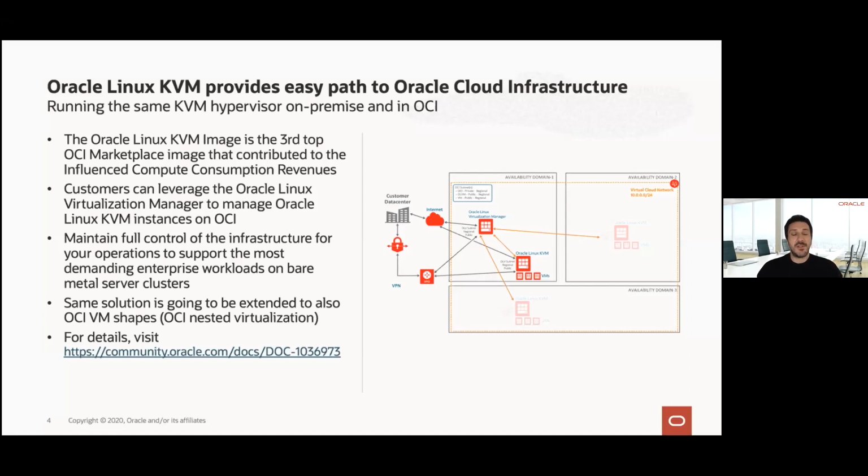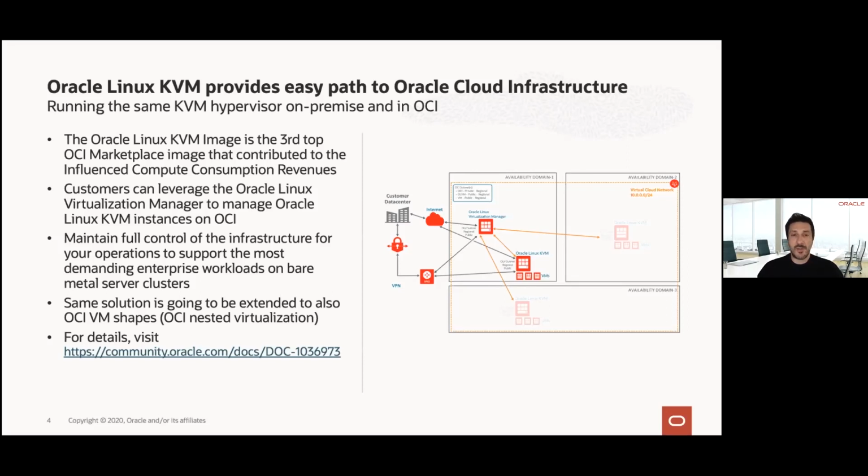More use cases can be associated with the possible adoption of Oracle Linux KVM while running on Oracle Cloud. We have customers today leveraging this kind of solution for disaster recovery purposes. We have customers running their production systems on Oracle Cloud with Oracle Linux KVM. And we also have customers extending, right? So the opportunity to possibly extend their on-prem data center and manage a KVM server that is running on Oracle Cloud Infrastructure. It's a solution that is available today.